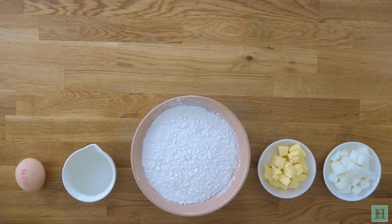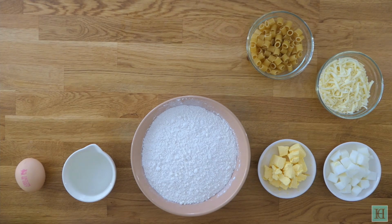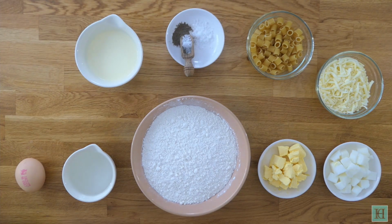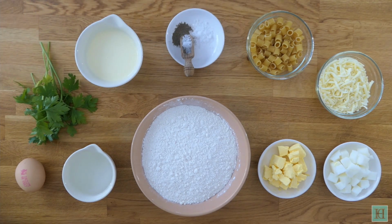And for the rest, you'll need 2.5 ounces, that's 71 grams of grated cheese, 1.5 ounces, that's 43 grams of macaroni, some salt and pepper to season, 1/4 pint, that's 142 millilitres of cream, and some fresh parsley to garnish with. You would also need to make a tomato sauce to serve it with, which we've given the instructions for